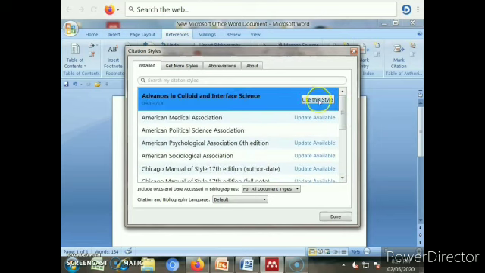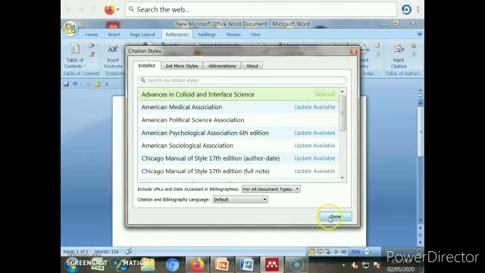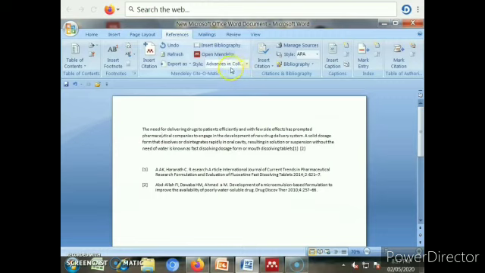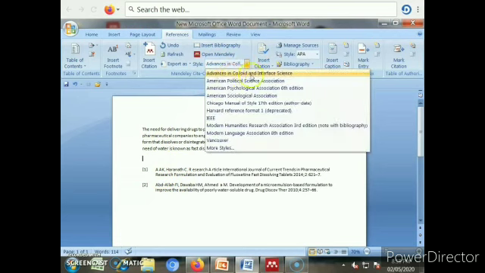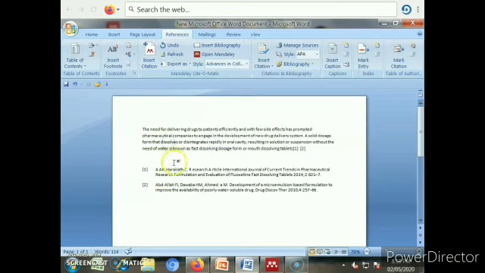After clicking selected, click on Done. So it will come in this list. Now you can see here that which we have selected, Advances in Colloid and Interface Science. In this way we can use different types of styles here. A huge number of styles we can include in this Mendeley library.